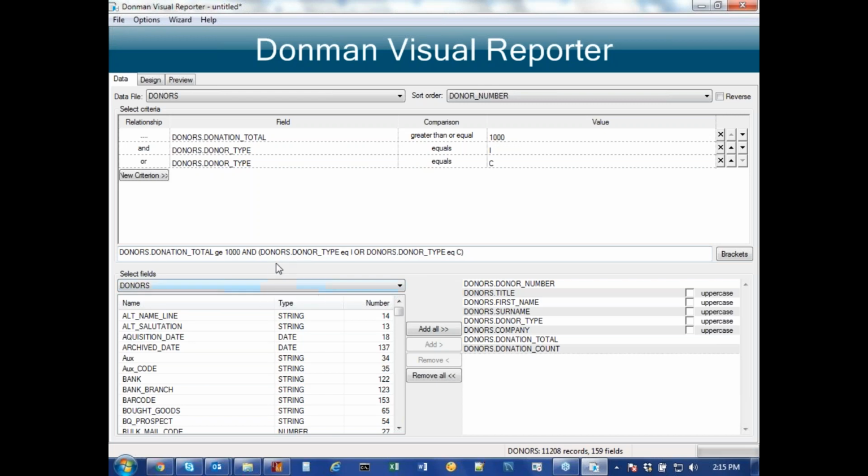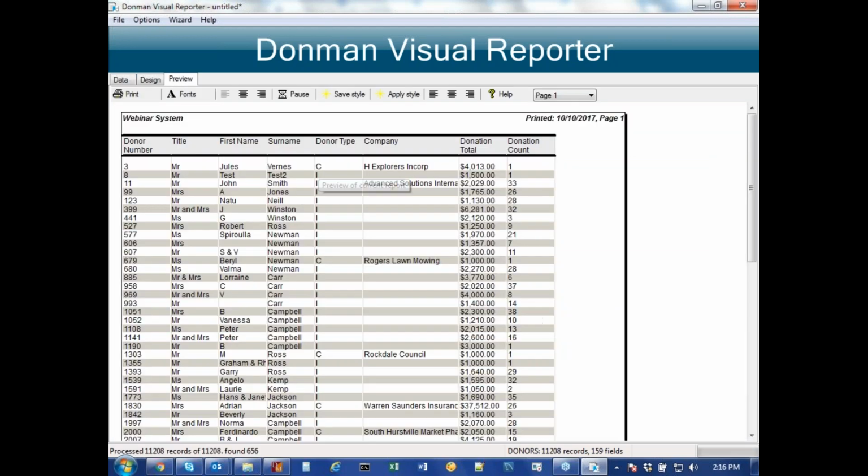So what it's going to do, when it looks at each record, it's first of all going to evaluate whether the donor type is equal to I or it's equal to C. If either of those is true, it then will check to see if it's also greater than or equal to $1,000 for the donation total. So now when I go to my preview, you can see I've got C's and I,